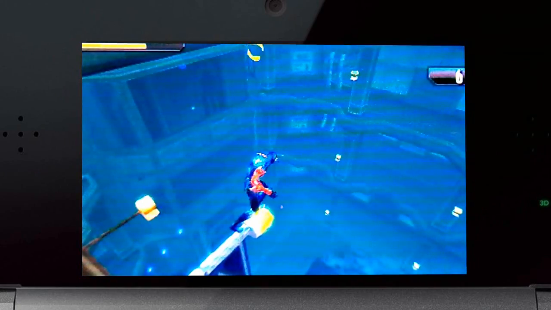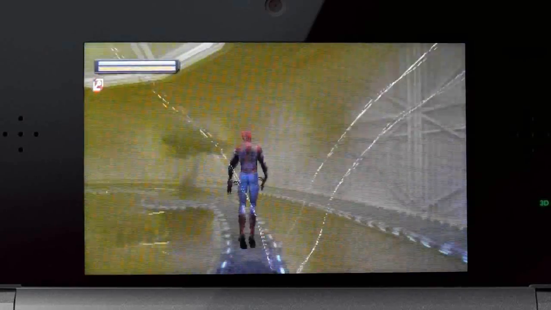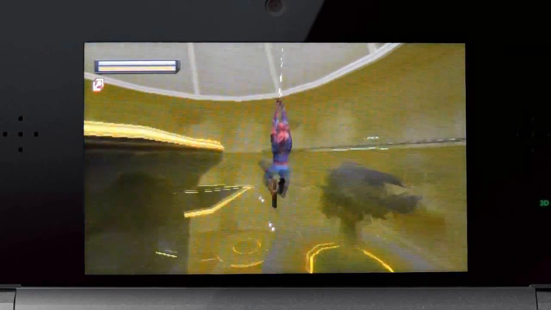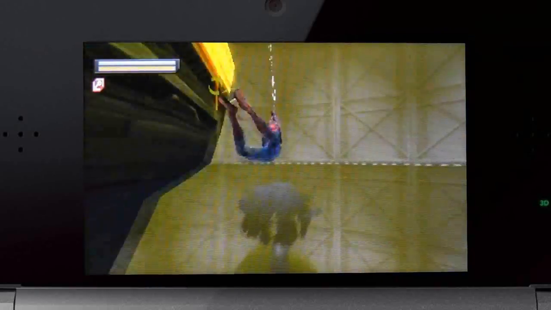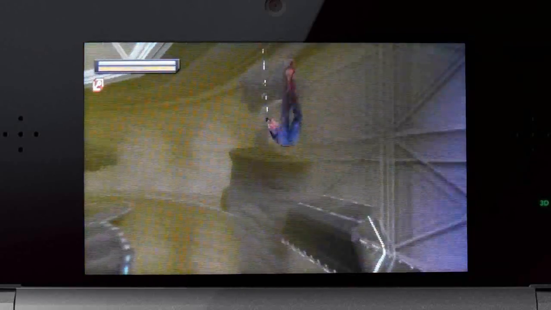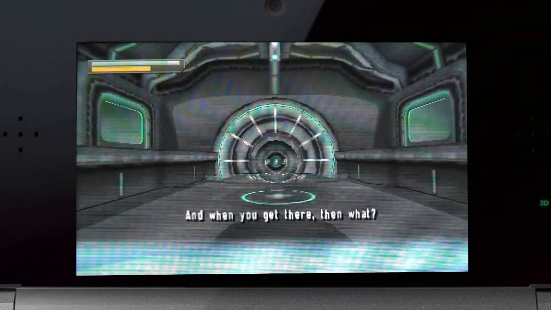a result I don't feel like I am progressing through the building as the environments look more or less the same. A few stages like the ones you are seeing now are a nice change, but they don't look detailed enough to hold my interest. In fact, the thing I like most about this stage right here is that there is loads of space for me to web swing in, so overall the Spider-Man and Anti-Venom look great, but the rest of the game looks